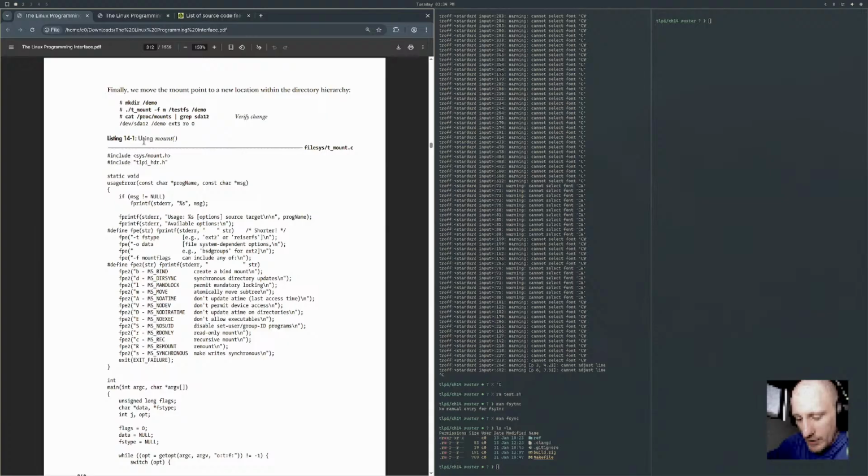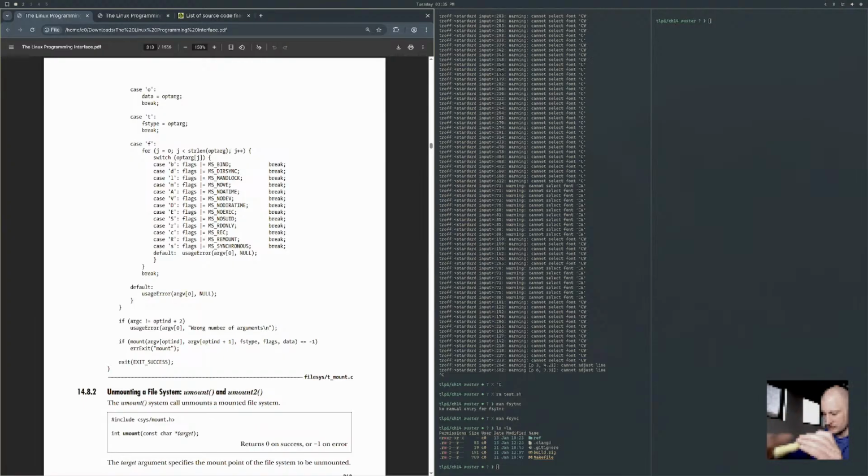Finally, we move the mount point to a new location within the directory hierarchy, using mounts and sysmounts. Pretty self-explanatory.